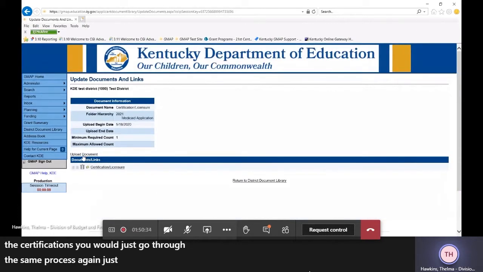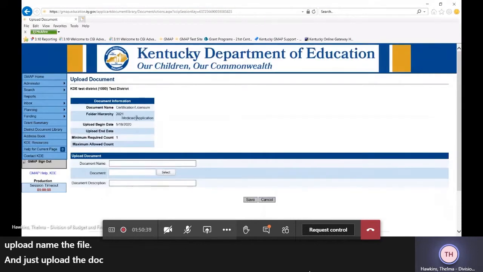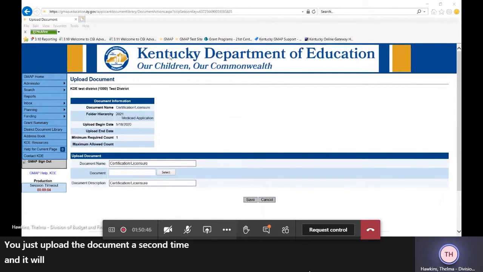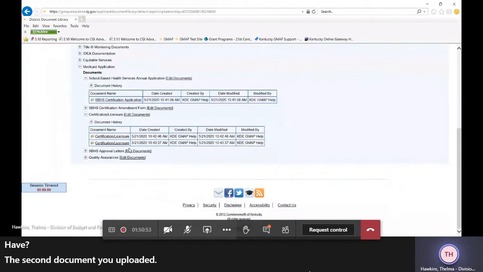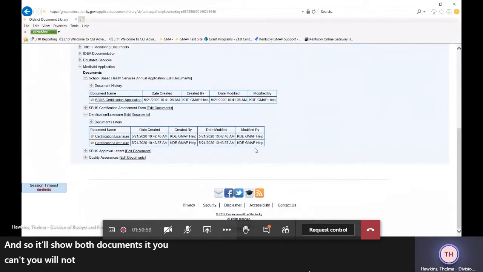Click upload, name the file, and upload the document a second time, and it will show both documents. You will not be able to delete what you previously submitted. It records and saves everything which was uploaded.